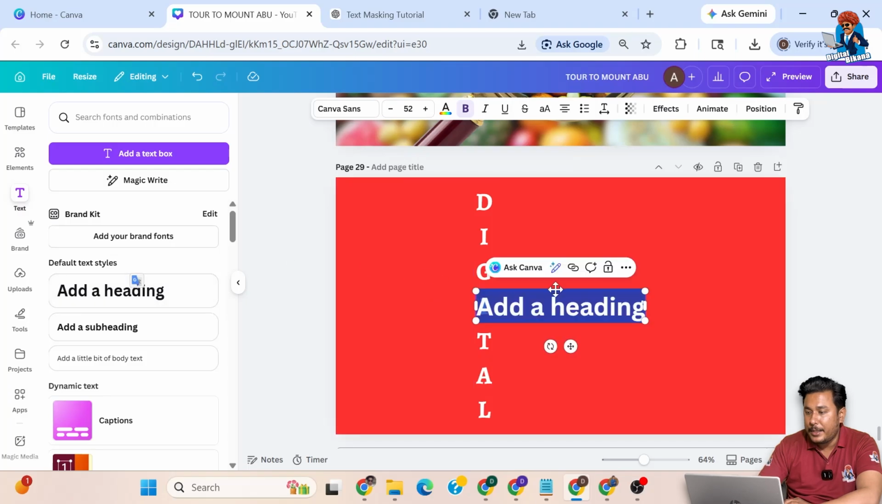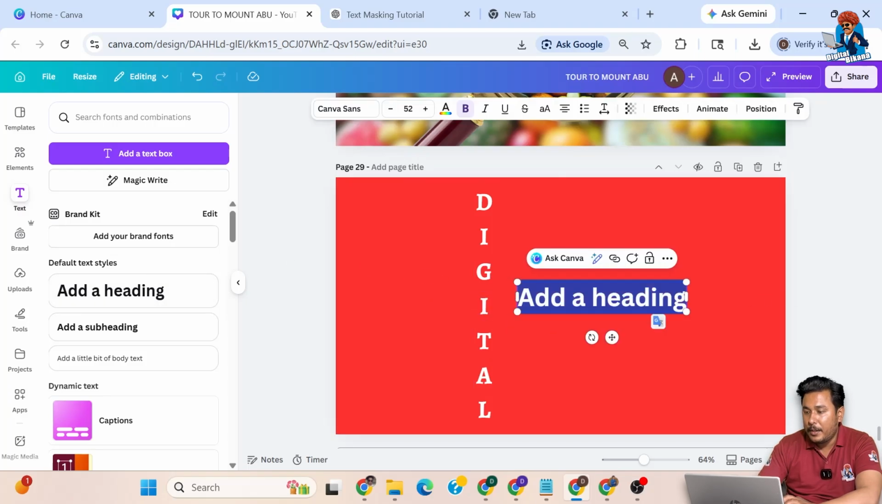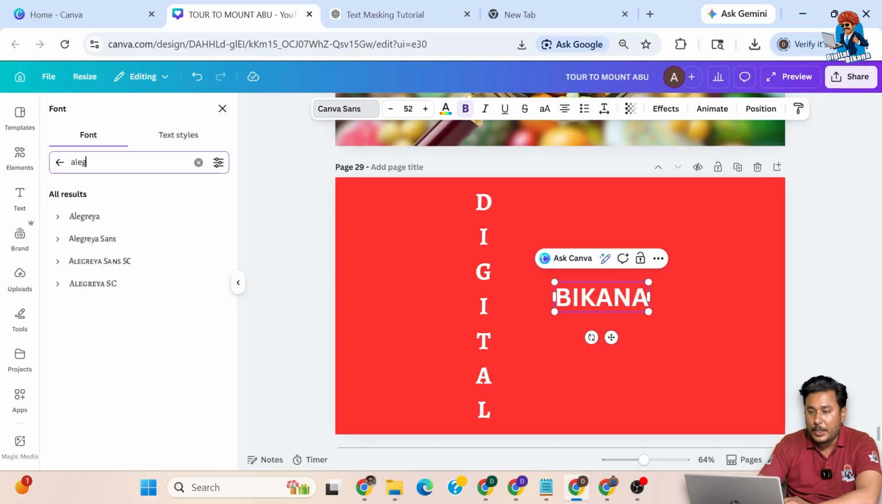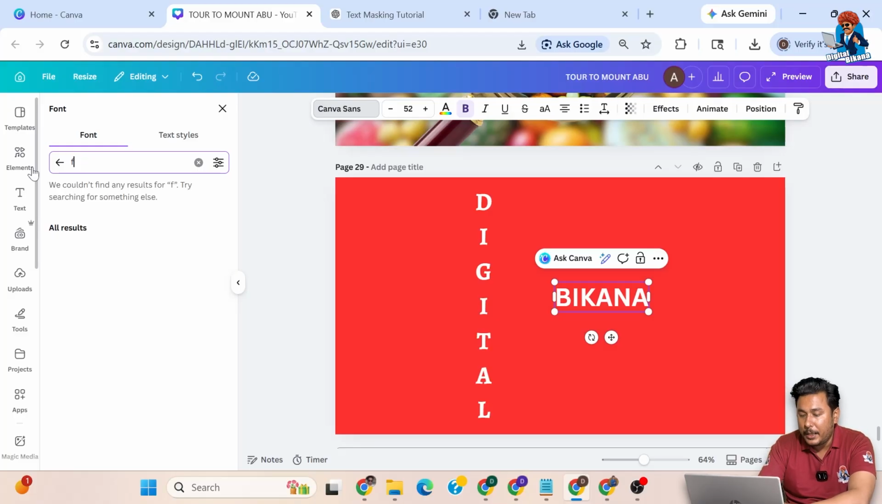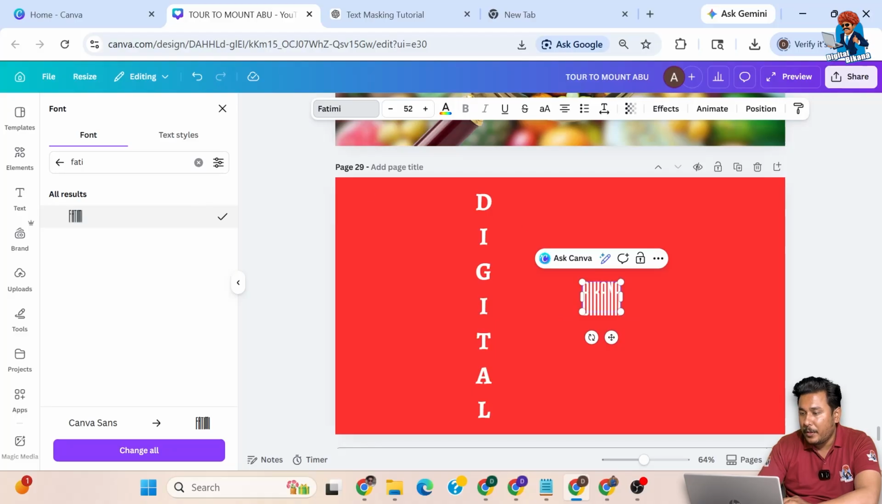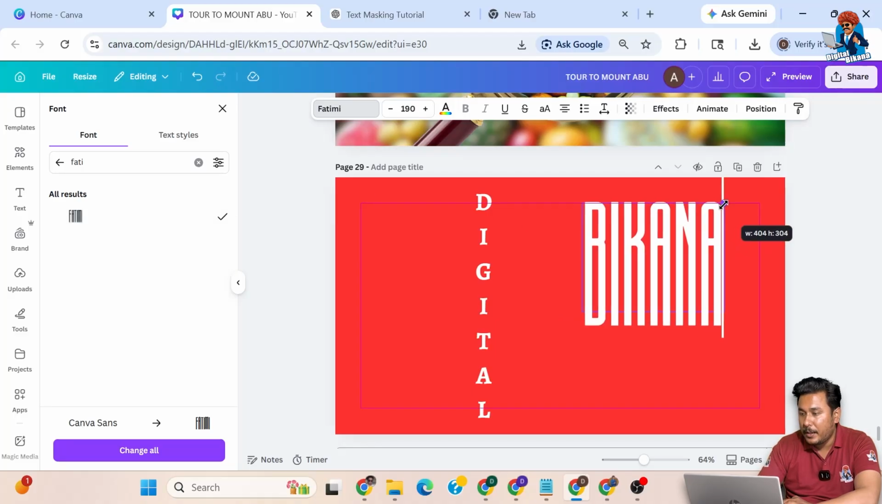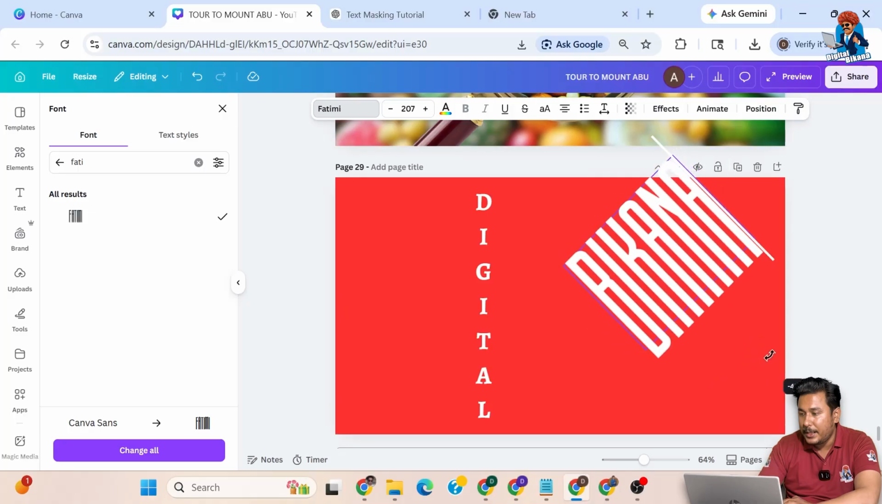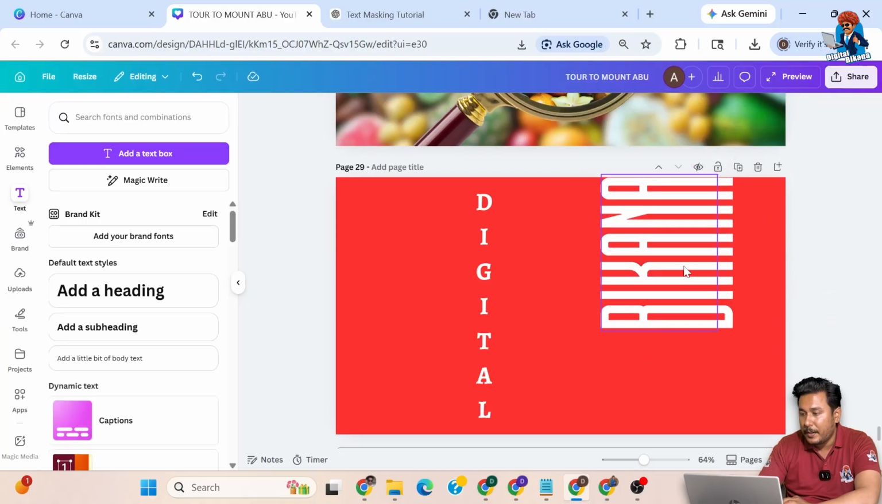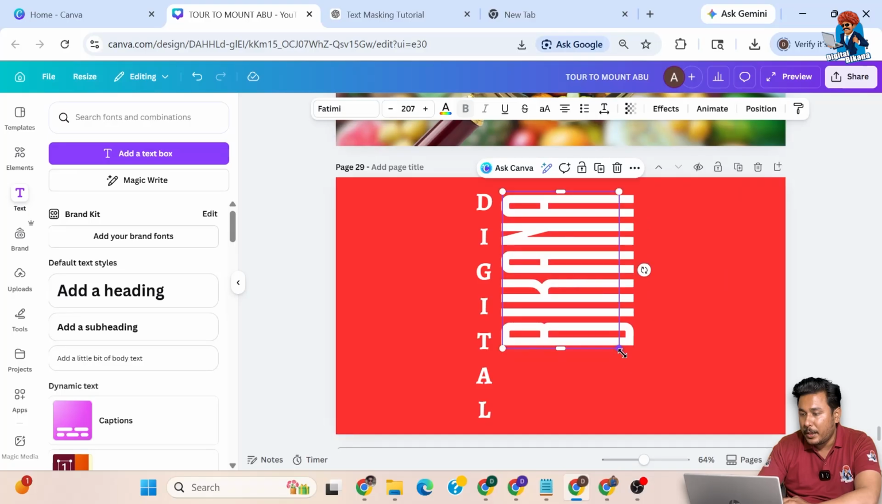Then another subheading, and here I'm just going to type Bicana and then change the font type again to this one, Fatimi font, right? Let me increase the size like this, place it over here,